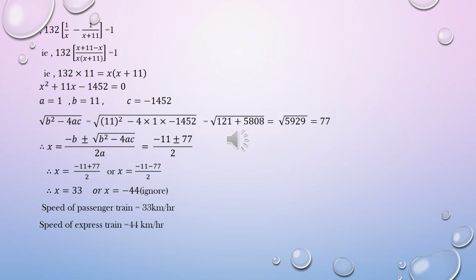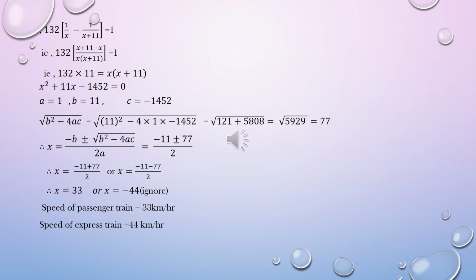Let us find the square root of the discriminant. That is 11 square minus 4 into 1 into negative 1452, which is equal to 77. Applying the quadratic formula, we have negative 11 plus or minus 77 by 2, which is equal to 33 or